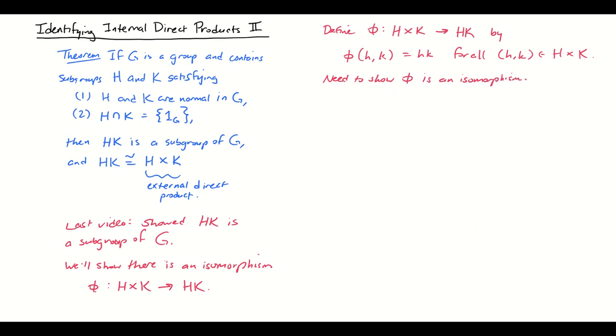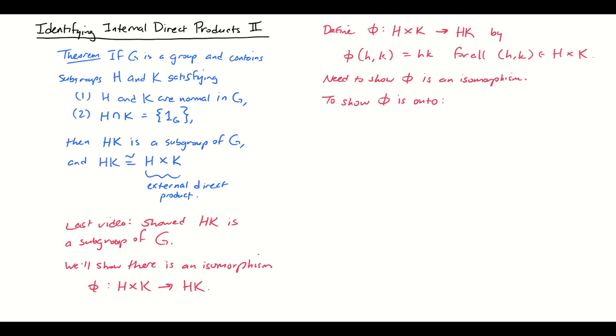All right, so to do that, we're going to show that phi is a homomorphism. We'll show it's 1-to-1. We'll show it's onto. Let's start with the easiest one first. The easiest one, and I don't mean to say that anything in abstract algebra is easy, but if there is something that's easy in this proof, it's this. To show that phi is onto,